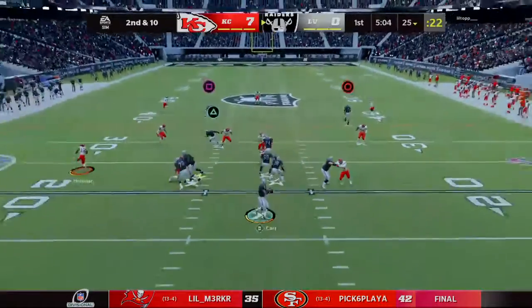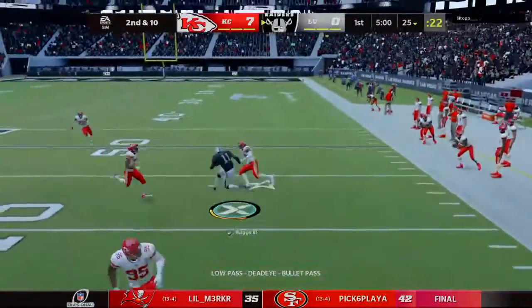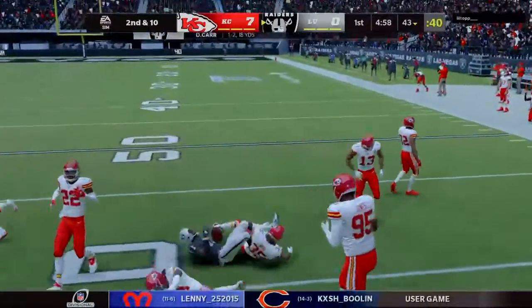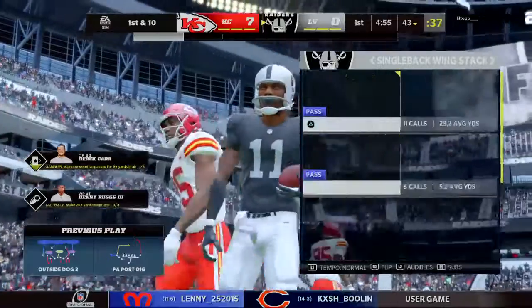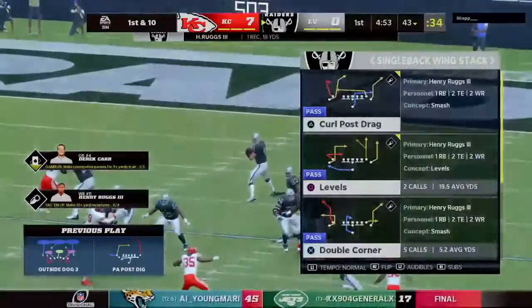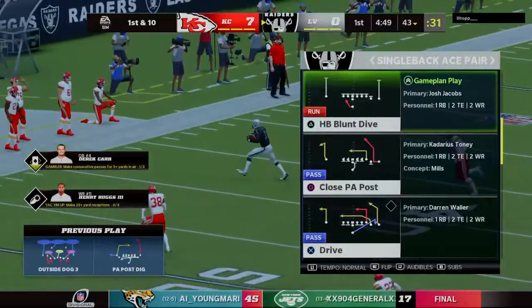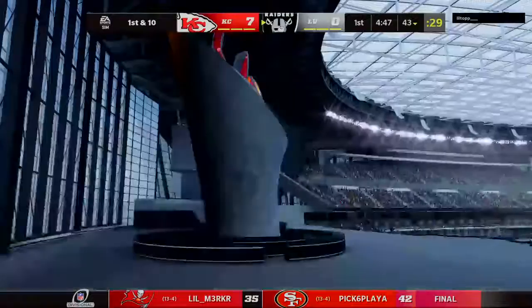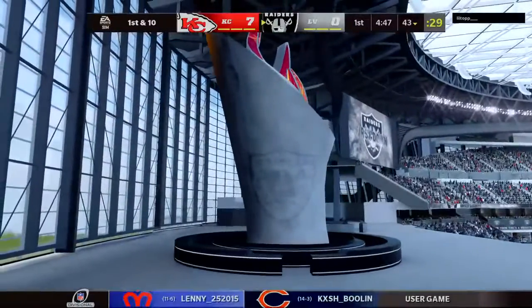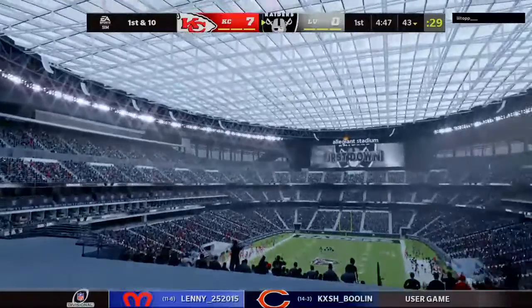They fake the handoff. Now Carr. Man open, that's Henry Ruggs. And they get him down, but not before he takes it across the 40-yard line. An ex-teammate used to tell me all the time, I hate experienced quarterbacks because no matter what, you really can't hide what you're doing. And I think that right there, he knew right away where the blitz was coming from, where his primary guy was going to be, and he ended up going to a secondary target for a nice